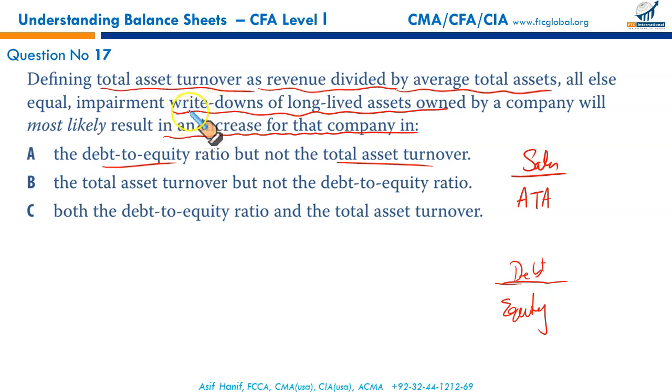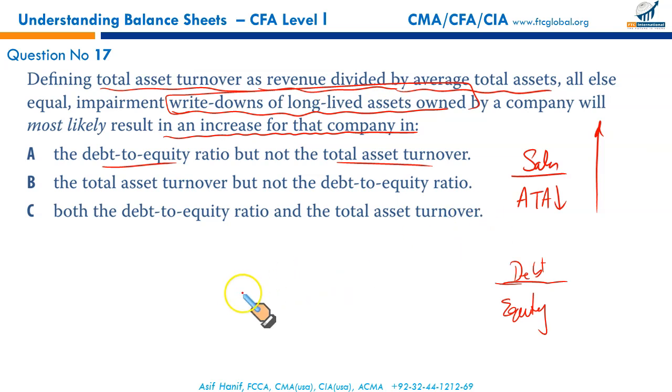Since there is an impairment of the long-lived asset, the assets turnover denominator, average total assets, will fall. When the average total assets fall, the denominator of this ratio will fall because of the impairment write-down. How is the impairment recorded? We debit the impairment loss, credit the accumulated depreciation. This accumulated depreciation reduces the book value of the assets. Average total assets will fall. Because of the lowered denominator, the ratio would improve. Or not improve, I would say, it grew up.